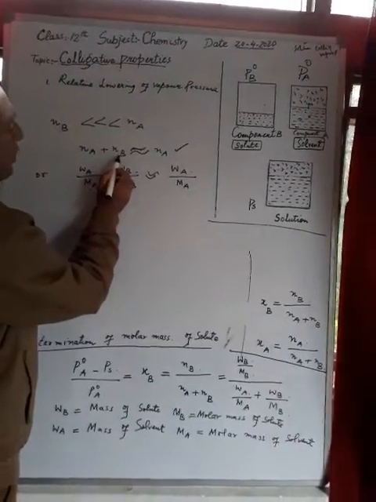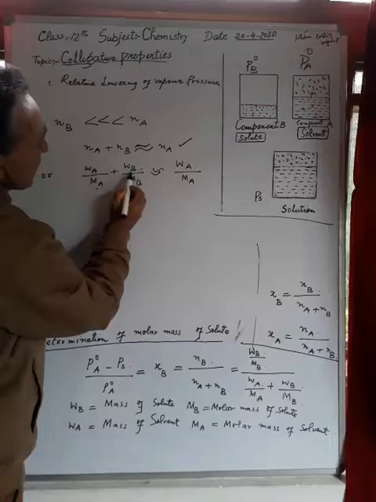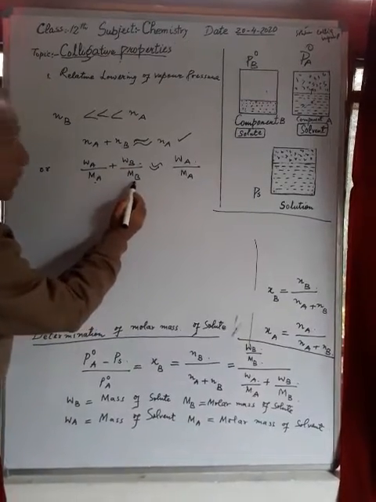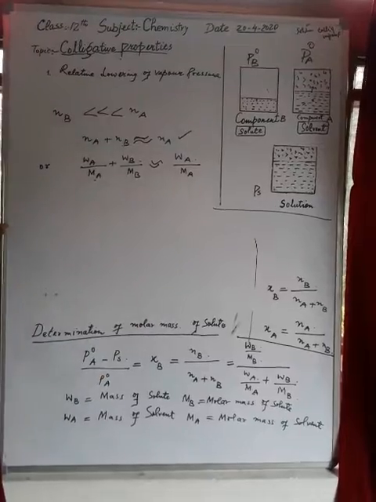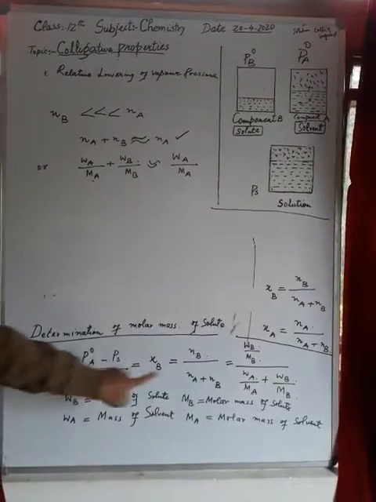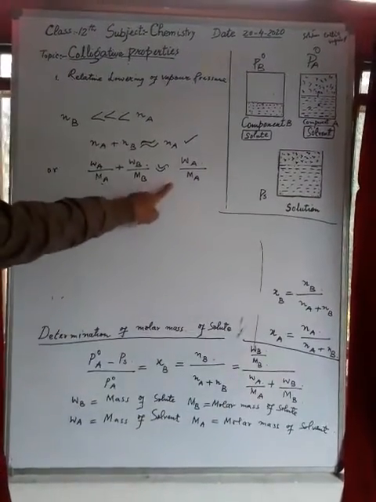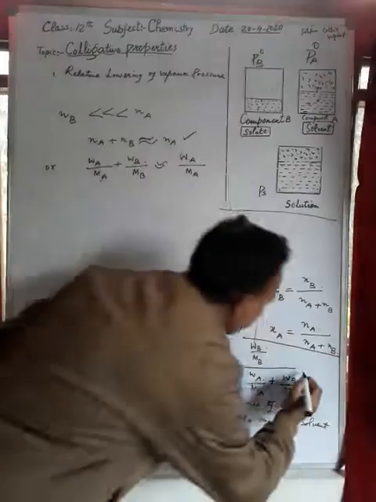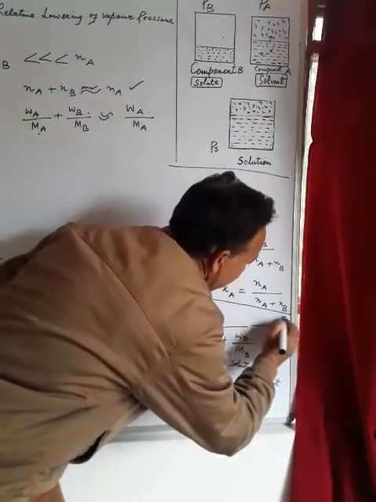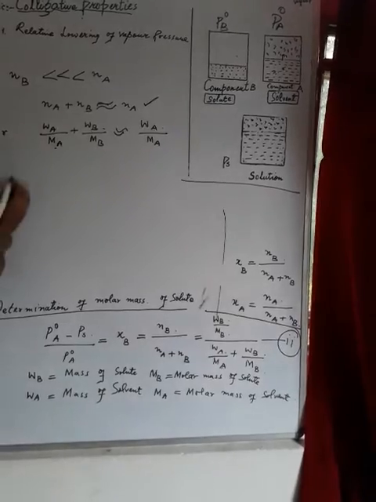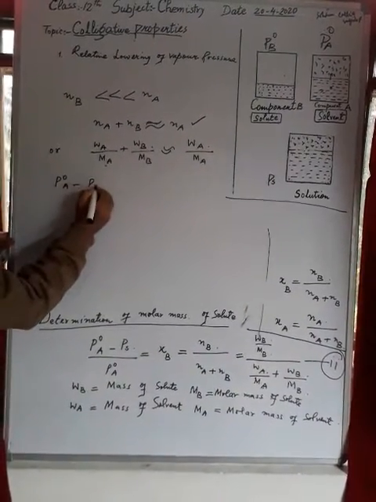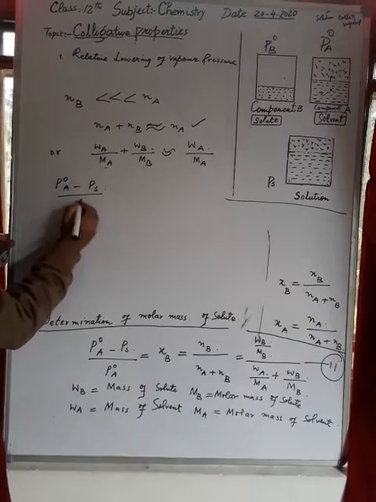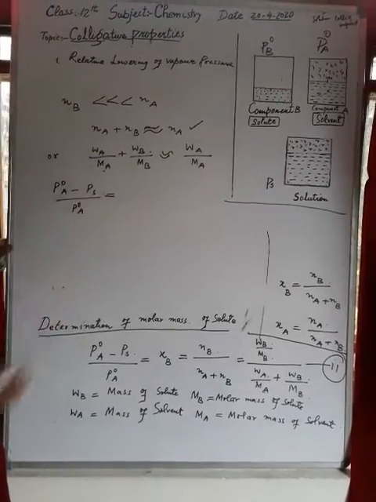The number of moles of the solute is equal to the mass of the solute divided by the molar mass of the solute, which will be WA by MA. Now this equation we will substitute here, and write it as equation second, and it will become (P naught A minus PS) divided by P naught A is equal to